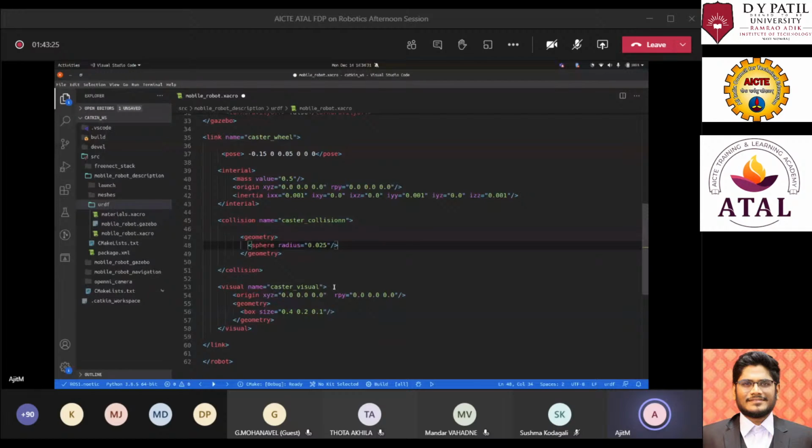So we have defined a link for the caster wheel. So this is the pose of it. This is the inertial matrix of it, collision tag of it, inertial tag, then visual tag. And now to connect these two links together, the caster wheel link and the chassis link, we need to define a joint. Now this joint will have the tag name joint. Now this joint tag will have a name. So let's give this as chassis caster